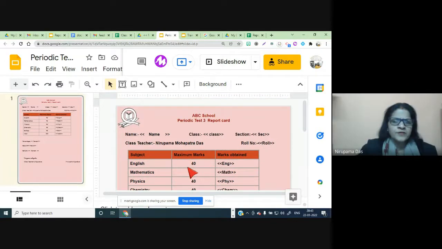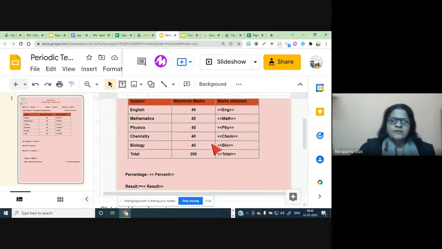Because for the whole class, some students have very short names, and some students have a name and surname with lots of characters, a lengthy one. So if we give some space here, it will not be an issue. Suppose the name is small, like Chirag, then the space will be left like this. That is not an issue. But if it is not fitted, then the name will not come correctly, in the sense the whole thing will not come.